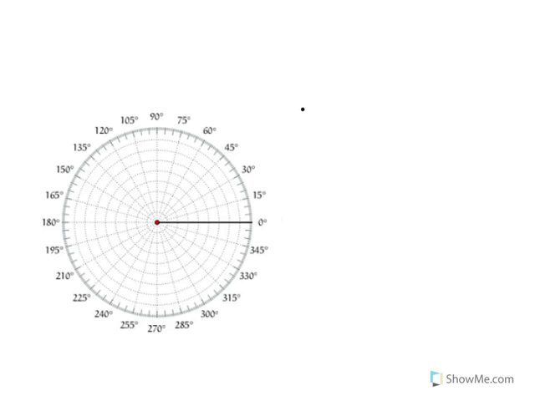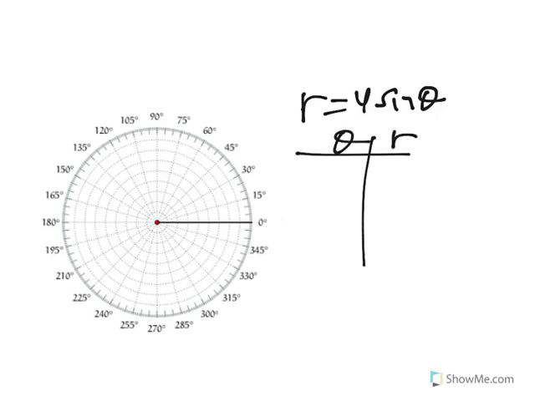The next equation I want to look at is the equation r equals 4 sine theta. This isn't like before, 4 equals r sine theta, where we could replace r sine theta with y. This is different. R equals 4 times sine theta. And if I want to get a feel for what this might look like,